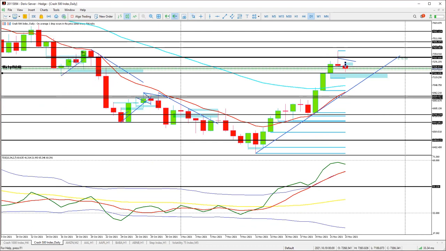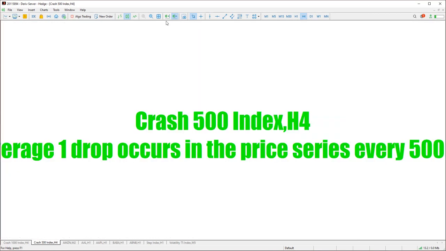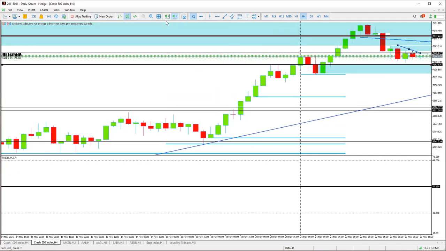So it's a zone being rejected from a higher time frame, as you can see, right? It's a higher time frame, which makes this area a high probability area to sell. That's why you see we are so adamant in selling on that area because it's a high probability zone, and that's the daily chart. If you switch to H4,